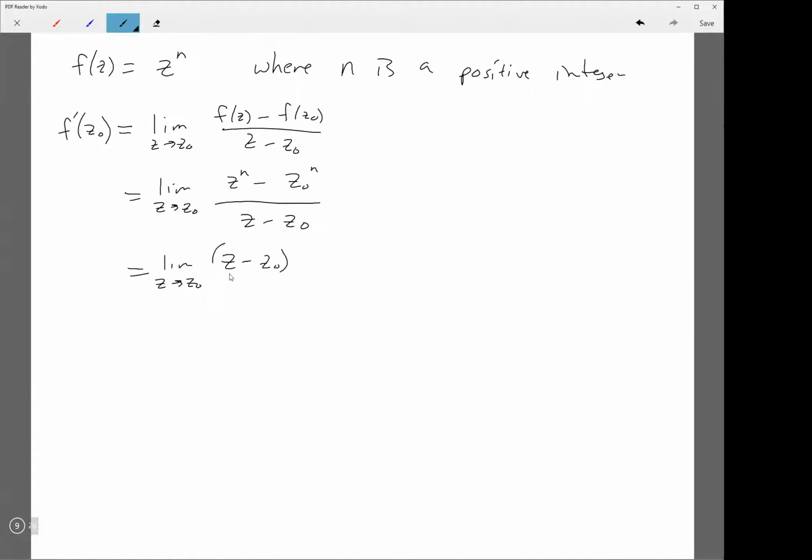You can factor z minus z naught out. And then that's going to leave you with z to the n minus 1 plus